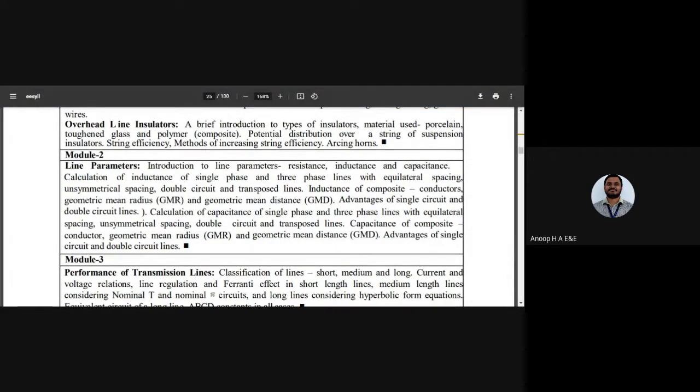All those concepts will be dealt with, and we'll be solving certain numerical problems related to them. Those are the things we will be highlighting in module number 2. At the end of module number 2, you will have an idea regarding the concepts covered and certain topics which are quite important in terms of the line parameters. The line parameters are the transmission line parameters, which are resistance, inductance, capacitance, and also the conductance effect.